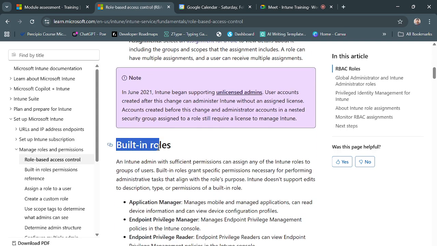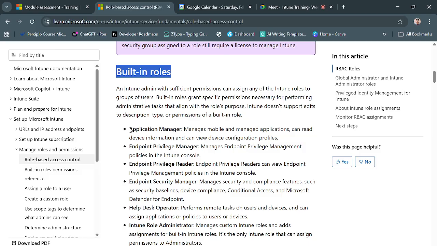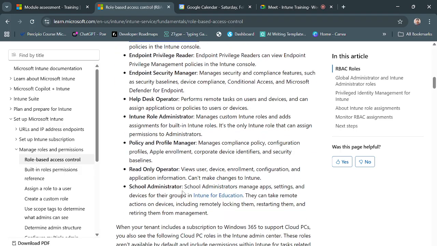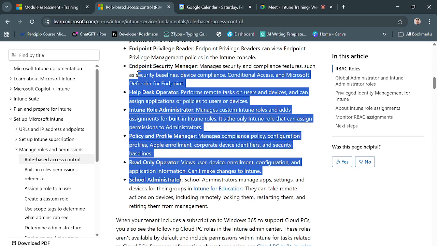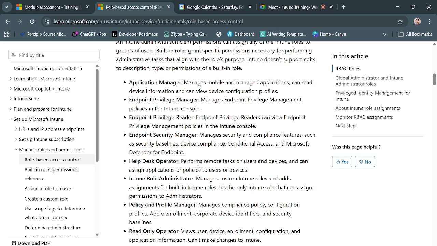We have the built-in roles. Built-in roles are already there for these people: application manager, endpoint privilege manager, privilege readers. So these are the built-in roles already available in your platform. If you will see, as per the requirement, we are